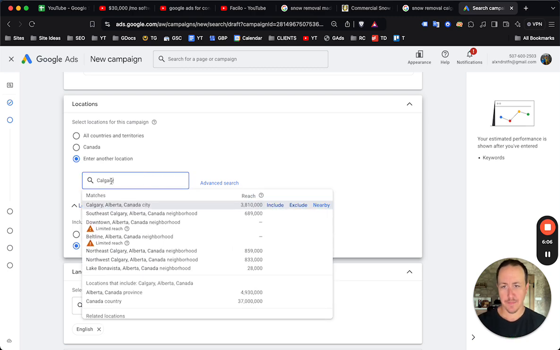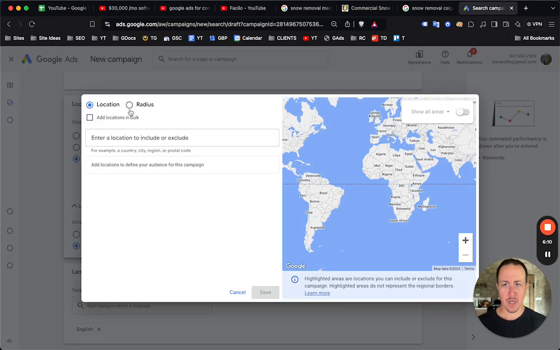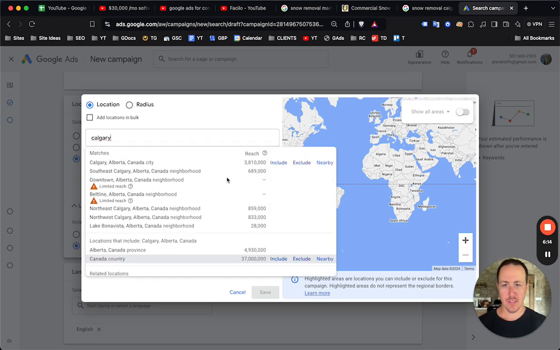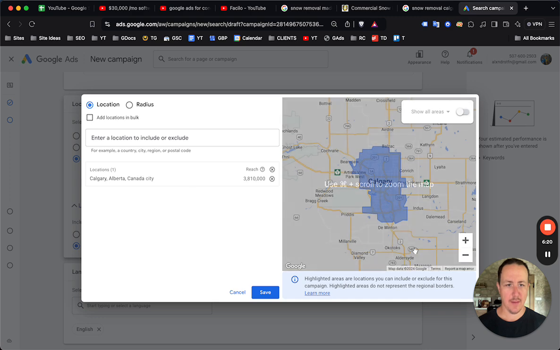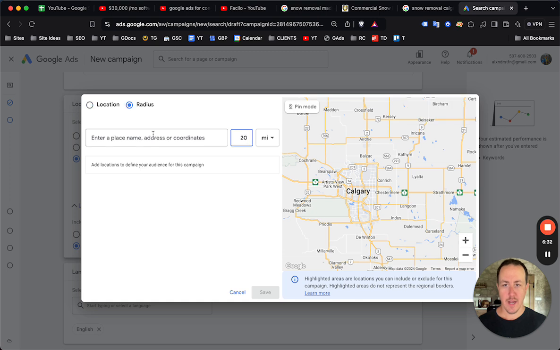Now for the location, you're going to want to go ahead and click on advanced search. I like to go with radius, and I'll just show you why. So you can add Calgary here, and you can see there's two options that showed up, and you can click include, and it does show quite a bit of Calgary, but it's missing a lot of the neighborhoods, right? So if you were running ads for snow removal, of course you'd probably be willing to drive to, I don't know, Dalemead or Cochrane. So what I would do for this is exit out of that, select radius, and then